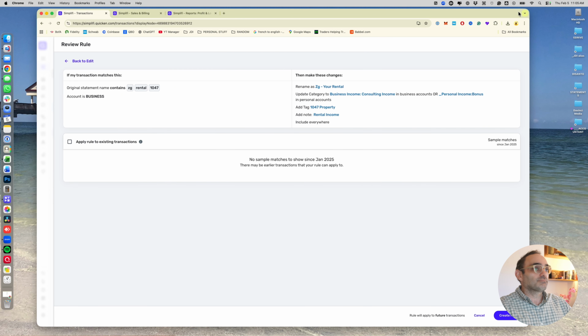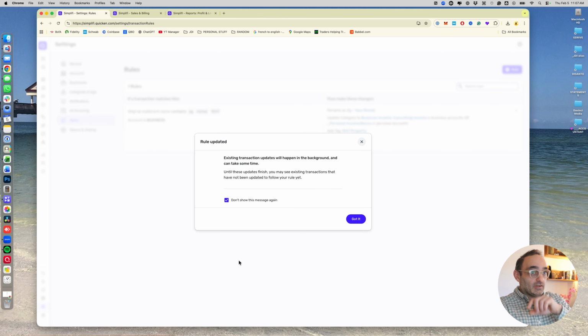Now over here, what you can do is, if you're just making a rule, but this kind of transaction has come into your accounts before, and say you had categorized it as something else, you could say apply rule to existing transactions, and that'll go look through all of the downloads from previous to the day you're making the rule and apply it there. You may or may not want to do that depending. I'm going to do that here because I want every transaction to be tagged now and have this note. When I hit update all